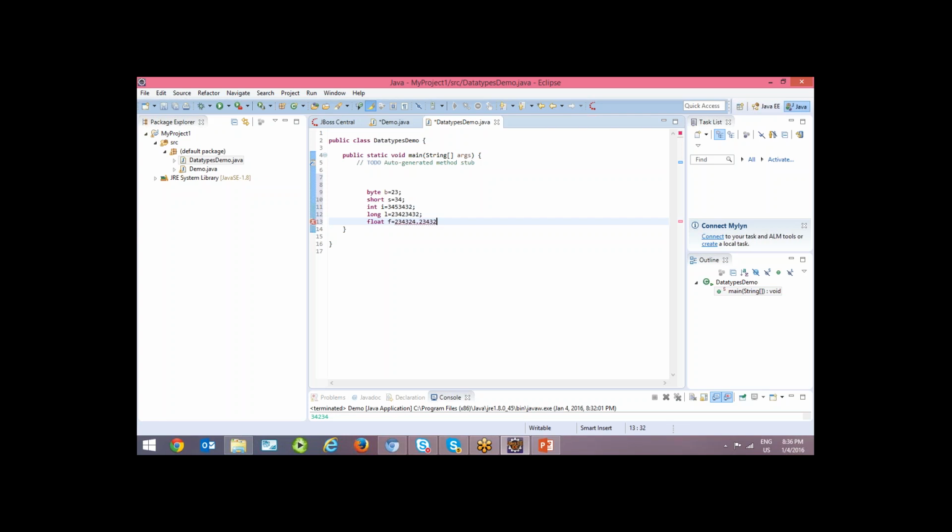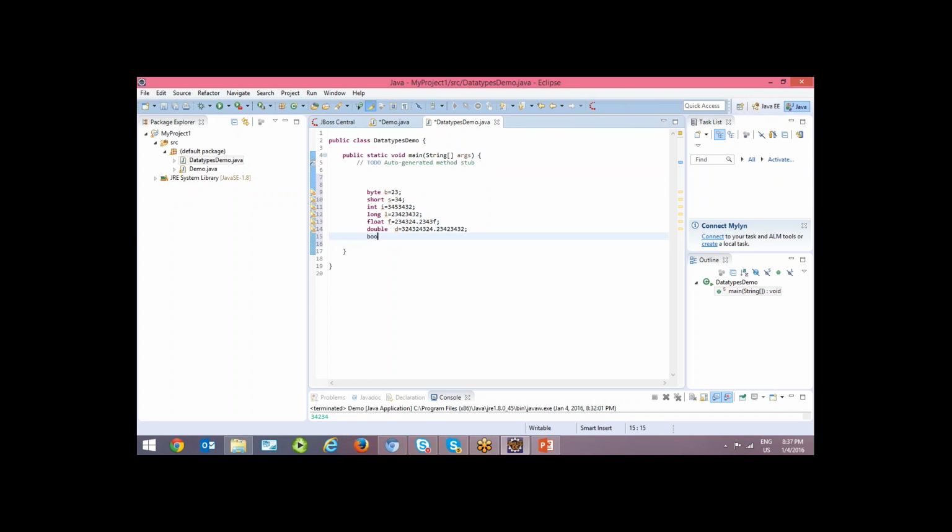If you don't give the suffix for a float, you will get a conflict between the float and double types. So float variables should always be given the suffix f, and for double it is not required. Double d equal to, the range of double is very big. So now these are all the 6 integer or numerical types.